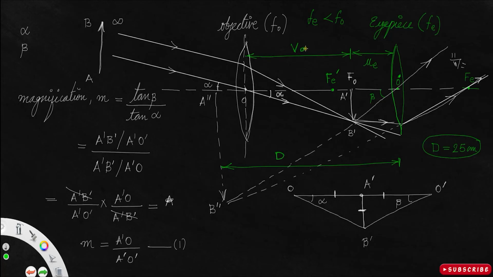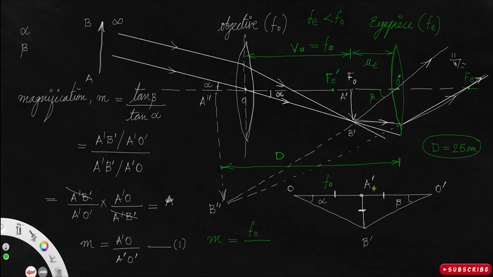Also, when you look at this VO, this image is formed from an infinite object. We know for a convex lens, when the object is at infinity, VO will be the focal length FO. So if I plug in all these values in equation 1, magnification M equal to A dash O, which will be FO,